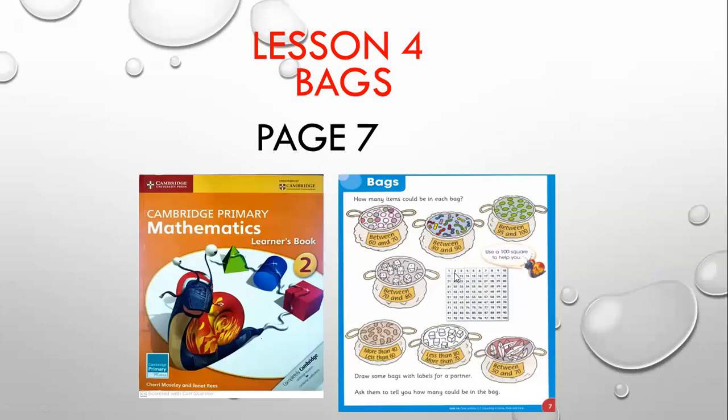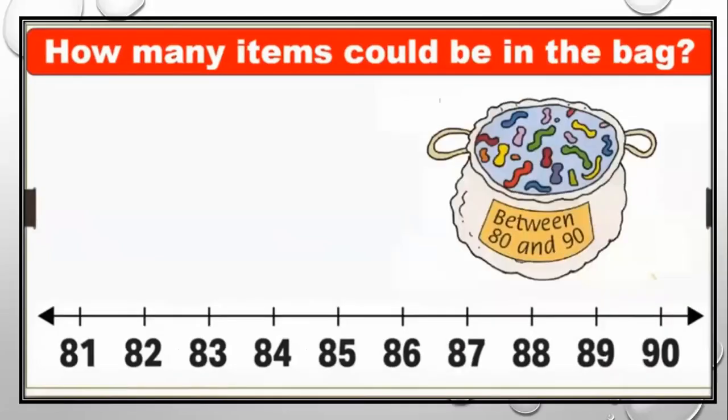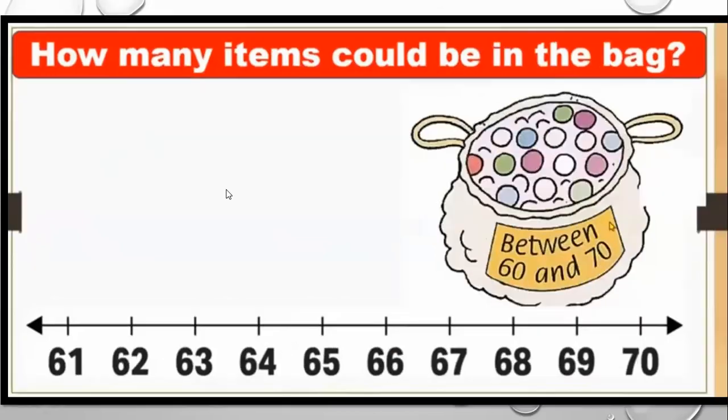Here, page number 7. Open page number 7 of your learner's book. First question is, how many items could be in the bag? How many items could be in the bag? So first question is between 60 and 70. Why they are saying between 60 and 70 means